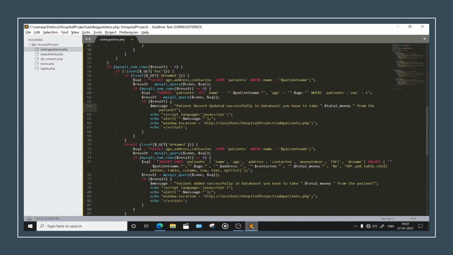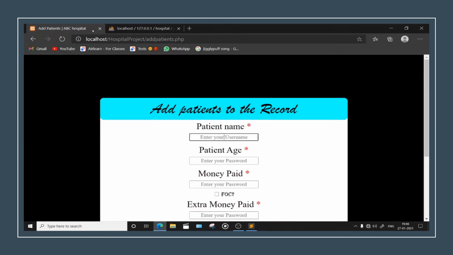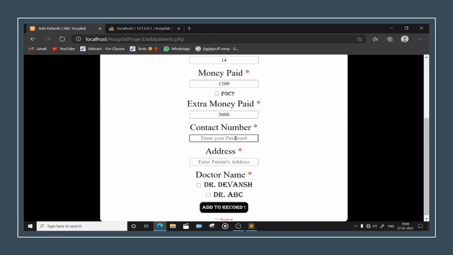Okay, we forgot one thing. Where patient's dot name is, put one single inverted comma, dollar patient name. Okay, put one semicolon out there. We will see if these two things don't work now, then we will remove this. And there are only two ways for now. Okay, hit enter. Devansh 14 1200 3600 1 2 3 4 5 6 7 8 9 0